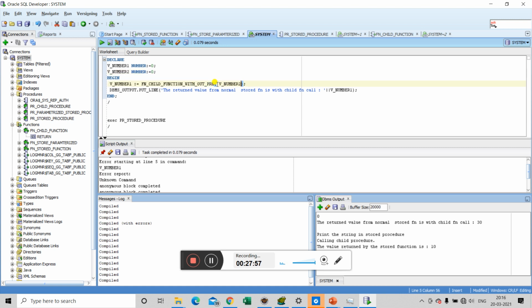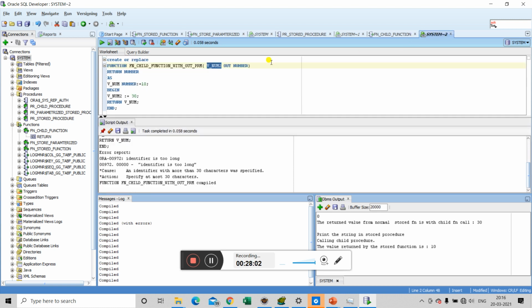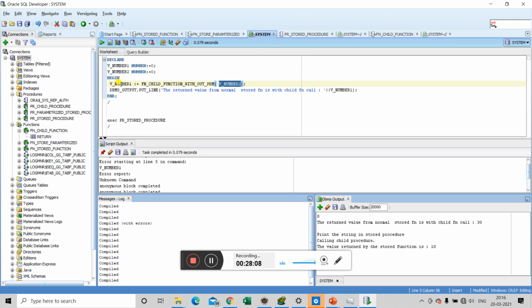By placing this particular variable at this part, we are saying that this variable v_number2 will be holding the value of the vnum2 out parameter. Okay, now that we have called our child function with the out parameter, let's print out both the values. It will be printing out the return value, and this will be printing out the out parameter value.